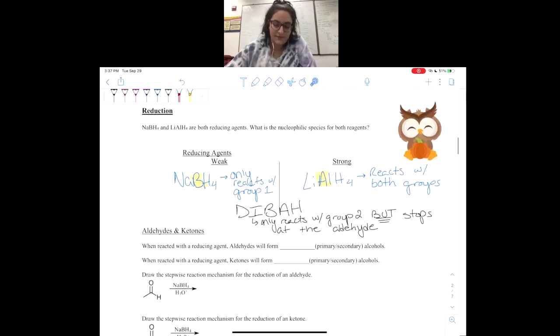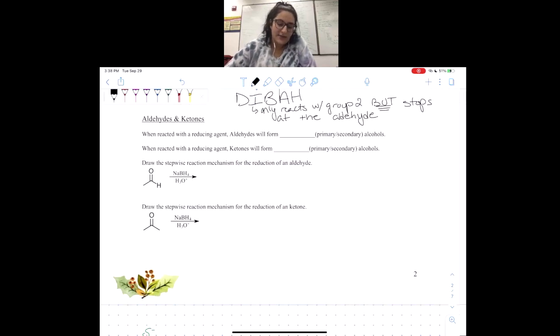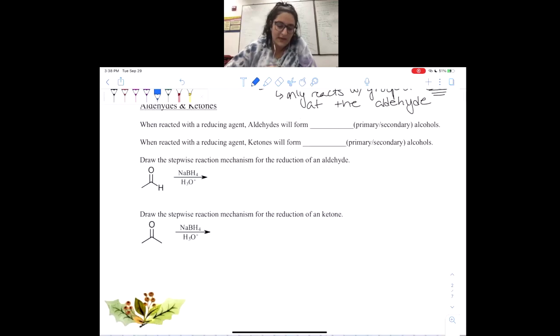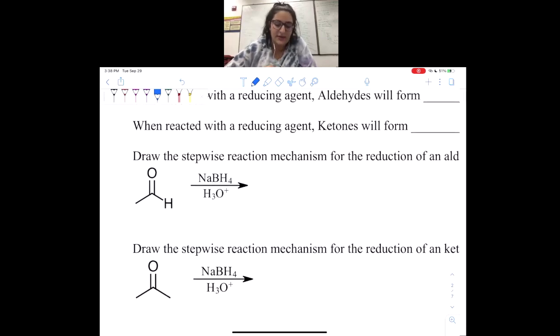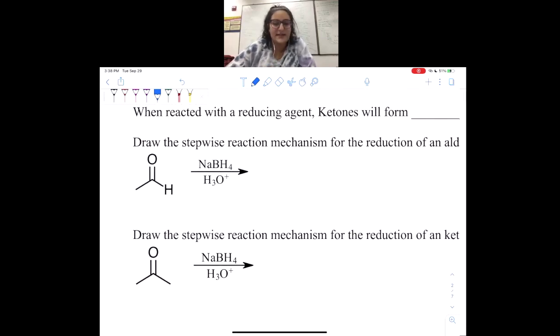So if we actually try out these reactions, we can go ahead and start with group 1, which is aldehydes and ketones again. And starting with an aldehyde, we know that our reagent could be either NaBH4 or LiAlH4, just because we can. I'm going to say we're going to use NaBH4. So I want to point out a really important distinction. In this example,